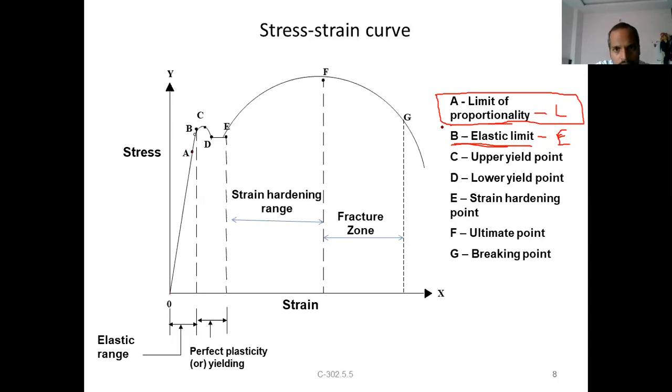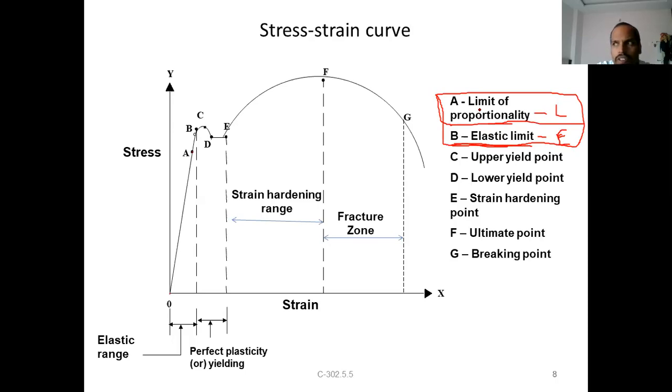But in practice, in the stress strain curve, the elastic limit as well as the limit of proportionality are very close points, not having much difference. So that's why, from a theoretical point of view, you consider the elastic limit instead of the limit of proportionality. That's why in Hooke's law we define it as up to the elastic limit, the stress is proportional to strain. Strictly speaking, it is up to the limit of proportionality only.